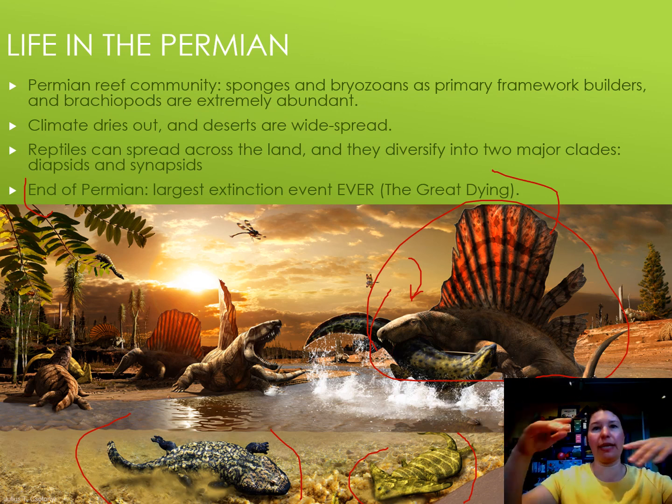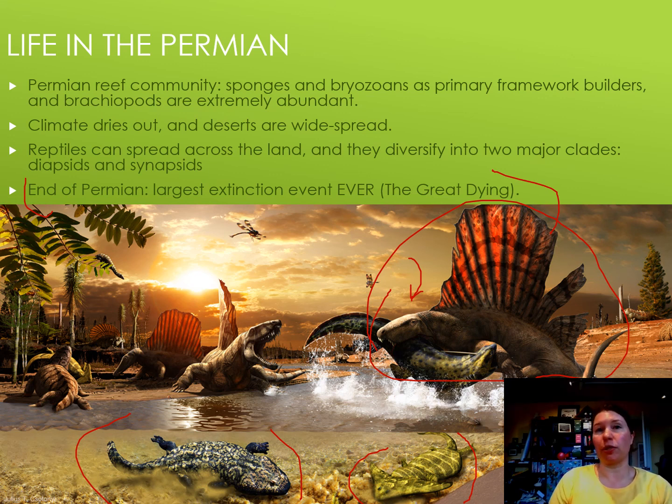So we have acid rain, and that's forming a lot of heavier erosion of the land, but that's also getting into the oceans and starting to cause a lot of disruption with the seas and the life that lives in the seas. So the warmer climate and more acid in the oceans means that shells of organisms are harder and harder to build. All those little clams and brachiopods and things that are creating their shells out of calcium carbonate, they suffer. And so they're facing a lot of problems.